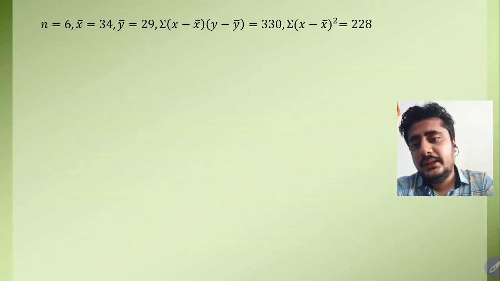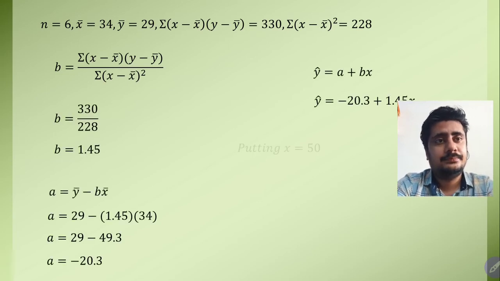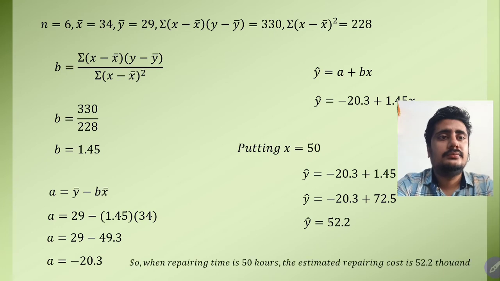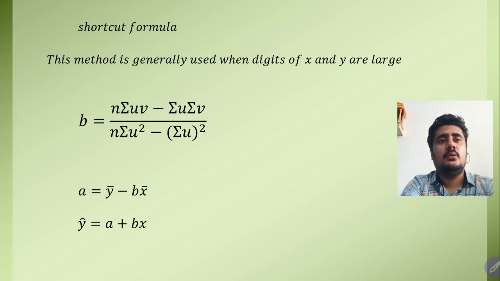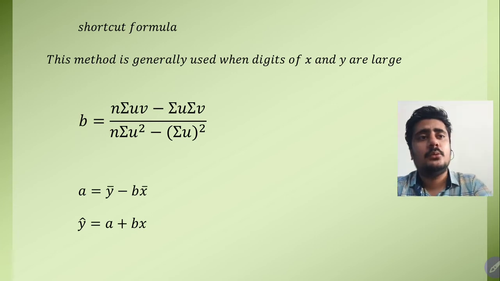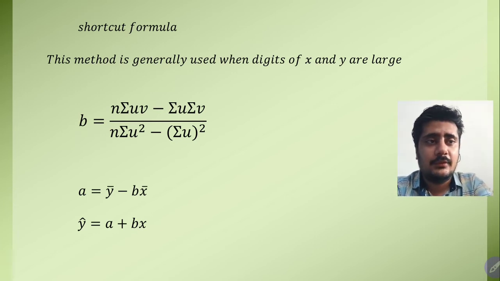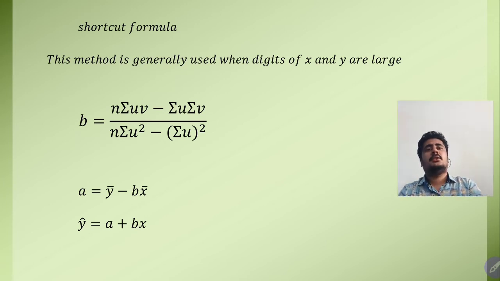Today we are proceeding further to the third formula. Just wait till the slides appear. Now we'll use the third formula, that is the shortcut formula. Now why is this formula used? This formula is generally used. See, I am using the term generally. Every time I will use this term generally. As I told you, this is to facilitate you. It doesn't mean that the earlier formula does not work. The earlier formula will work.